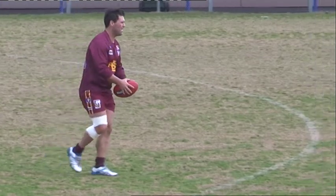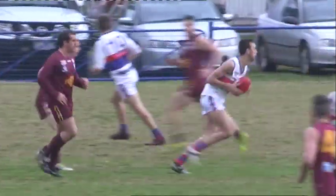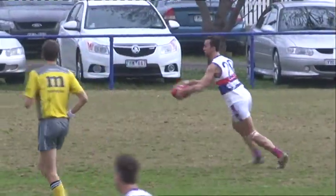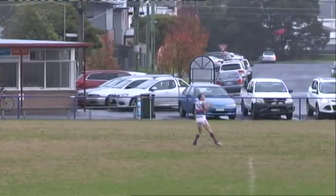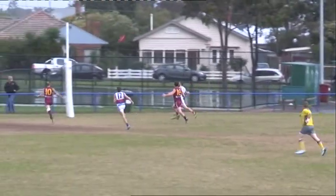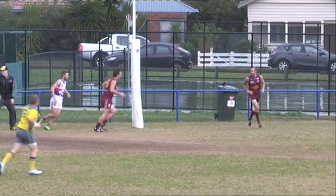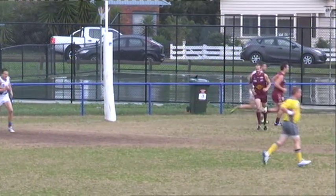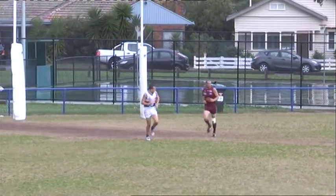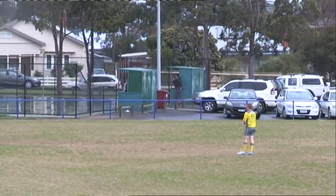So now with Ricky O'Toole, once again, this time he's outside 50, goes out wide, centre wing, targets it. Up in front was Sulich. I don't think he was the target. Right now he's got the ball, so he needs to be smart with it. Goes short and over the top. Lentini's going to have it, goes inside. Picked up there by Addy, long towards the goal square. Good distance on the kick, but accuracy is not there. And through for a minor score. So now 6 goals 13 to Bell Post Hill, 5.5 to East Geelong. They sort of let themselves down with a bit of kicking, but...